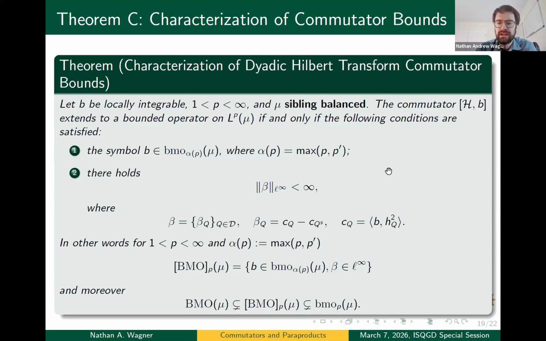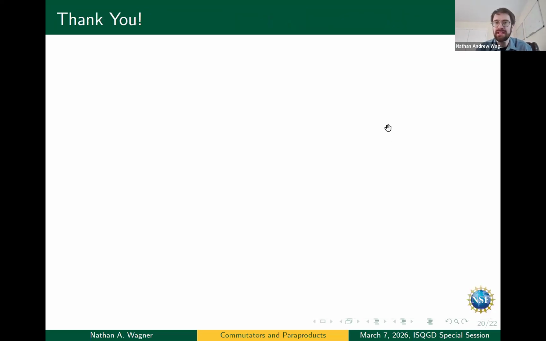But the interesting thing that I want to point out here is that this space, in general, is strictly sandwiched in between martingale BMO and little BMO. So there are strict containments. Martingale BMO is strictly contained in this commutator characterizing class, which is in turn strictly contained in this little BMO space. And that was really surprising and something that I think is a novelty of our work, in that we didn't necessarily expect to get a space that was sandwiched in between these two other well-known bounded mean oscillation spaces in the literature. Okay, so I know I'm out of time.